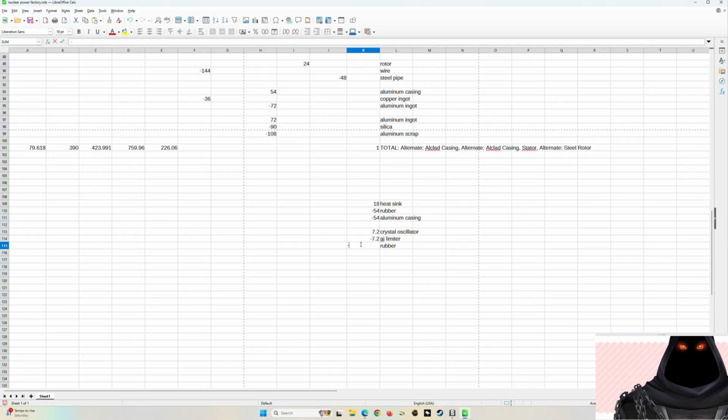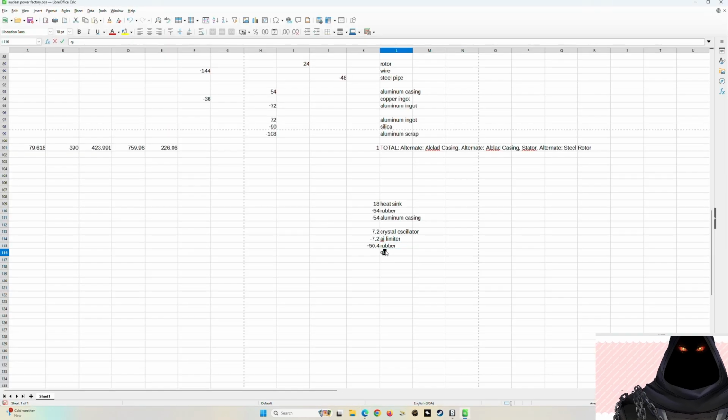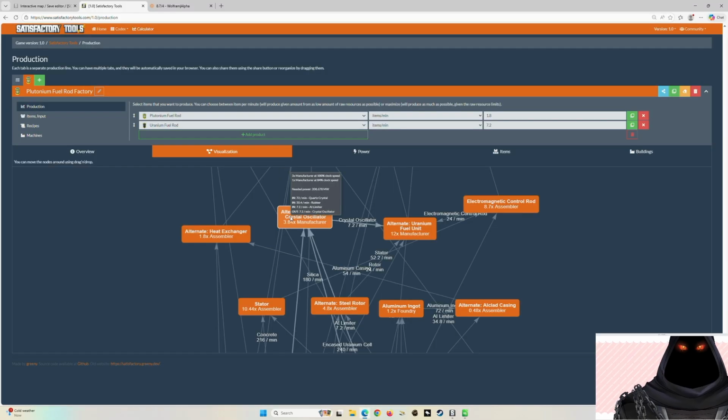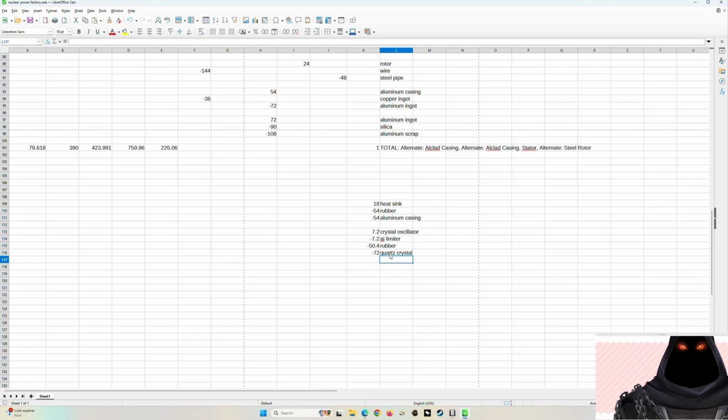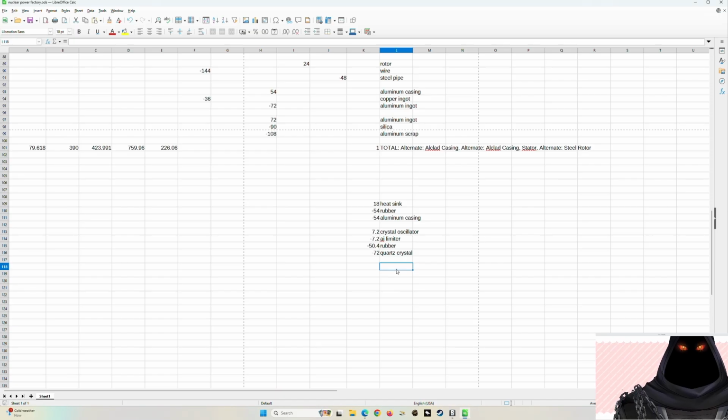Okay, so minus 50.4 rubber. We have minus 72 quartz crystal. Okay, perfect. Like it. Okay, what is the next one? Next one is